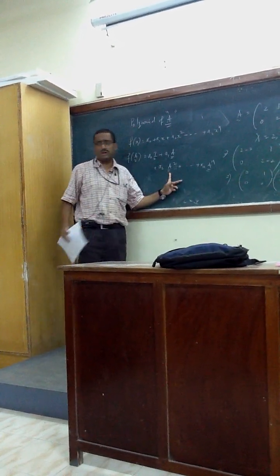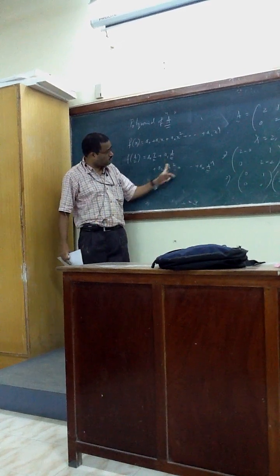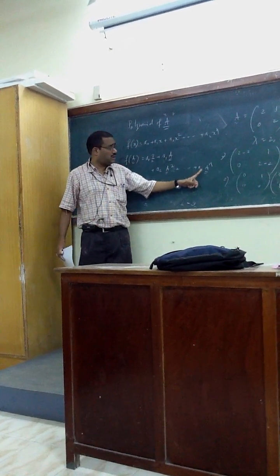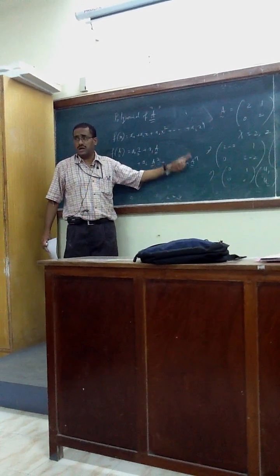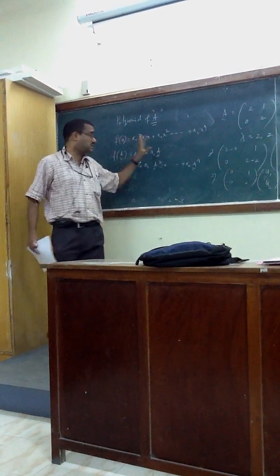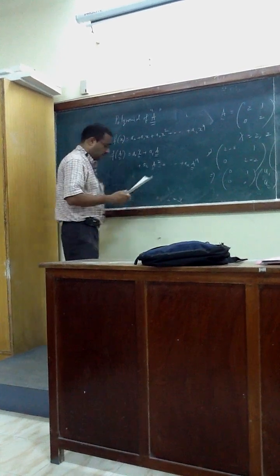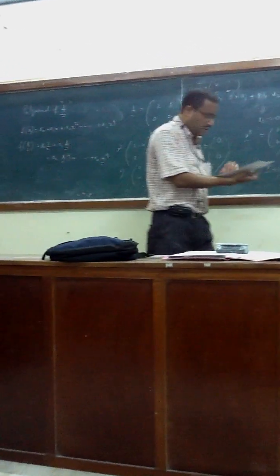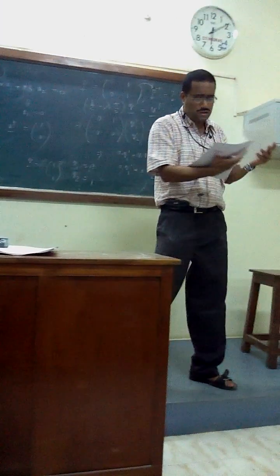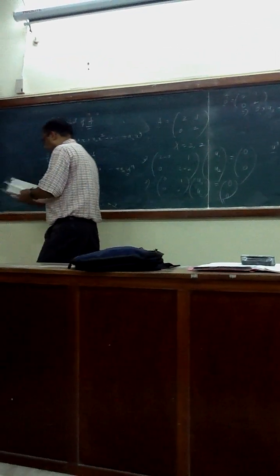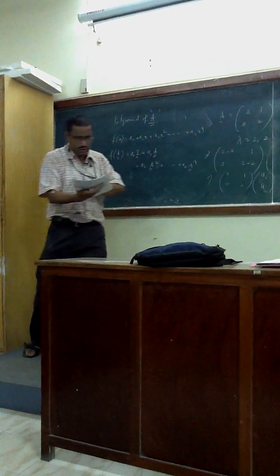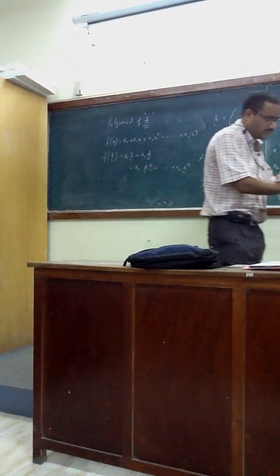That means you have to multiply A into A, next will be A squared into A, and so on up to A to the power n minus 1, then multiplied with A. That is the way this entire series will be done, and in that case you can actually evaluate any of these.